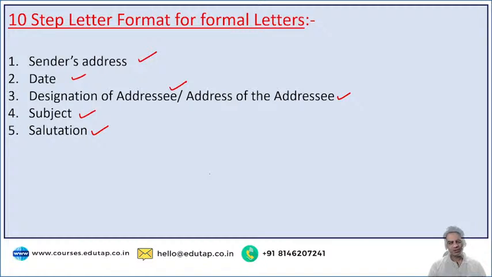We don't use from, but we do use to if we are writing to a designation. If you are writing to a designation, for example, to the mayor of the city, or to the editor of the local newspaper, or to the chairman of the committee, or to the manager of the bank, then you write to the manager, or to the senior manager, or to the chairman, or to the mayor, or to the CEO. Or if you are referring to a designation, then we write to, but we do not use from. From is not used in letters anymore. Got it? So after the subject, fifth is your salutation, the opening salutation.